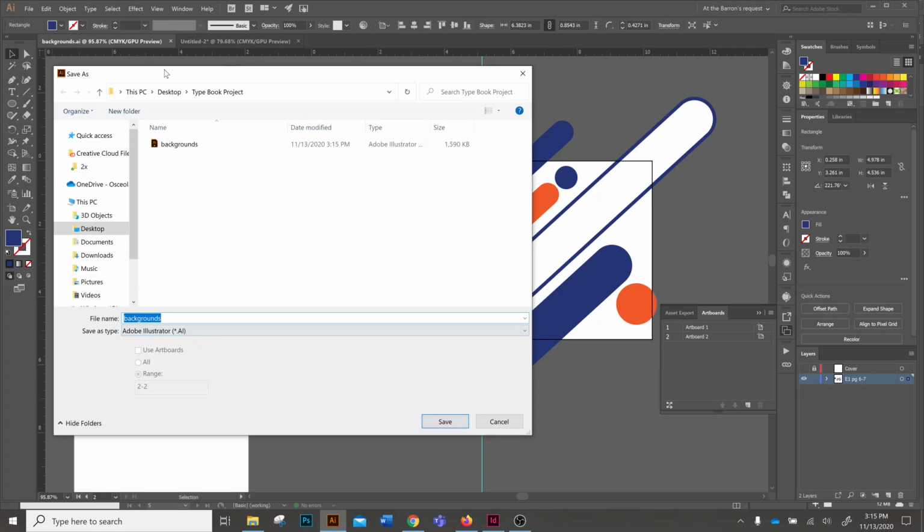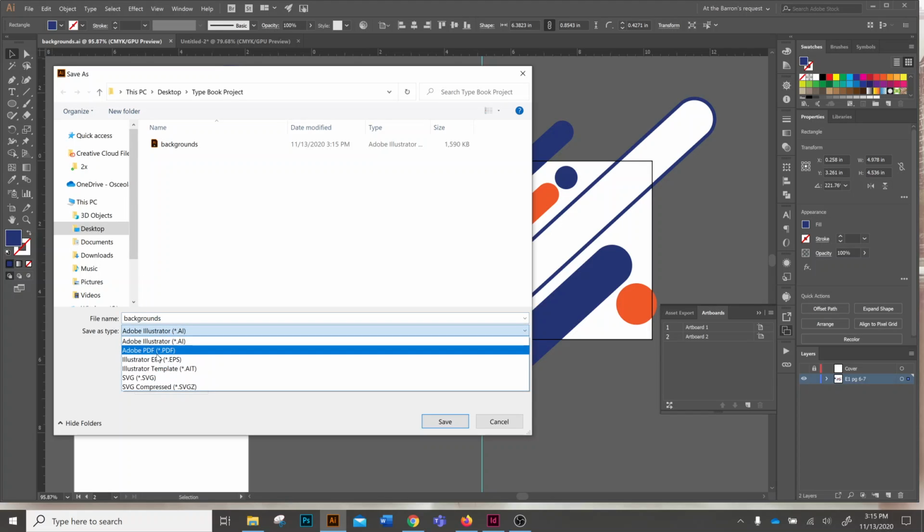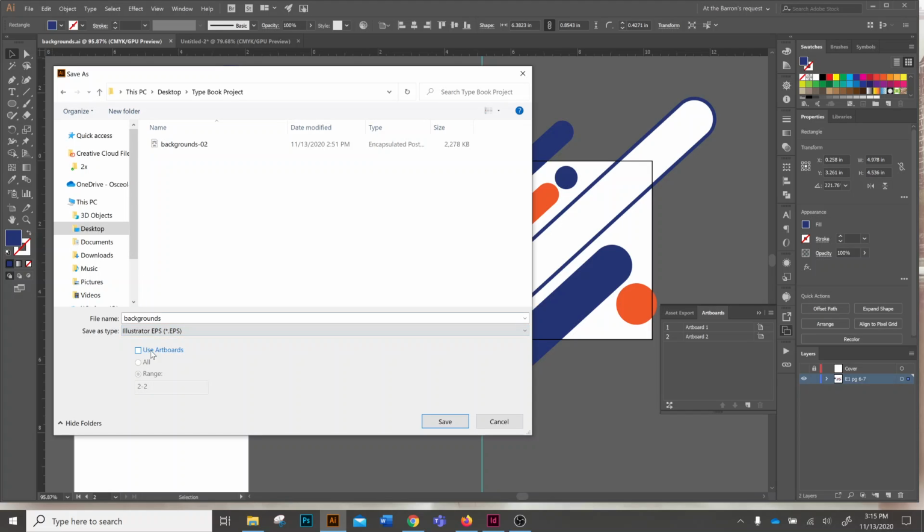And this time, what's important here, if I want to bring something from Illustrator into InDesign, I want to save it as an EPS file. So go down here to Illustrator EPS, and here I'm going to click Use Artboards. And then I'm going to change the range. I know that I'm using Artboard 2 right here, so I would say range 2 to 2. So really this is going to save just my Artboard 2, which is the background I'm creating,